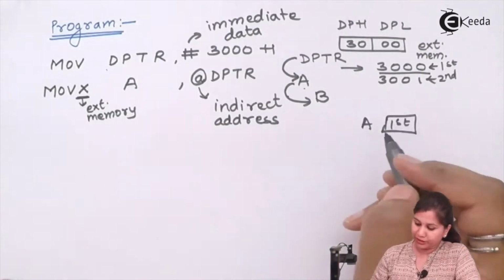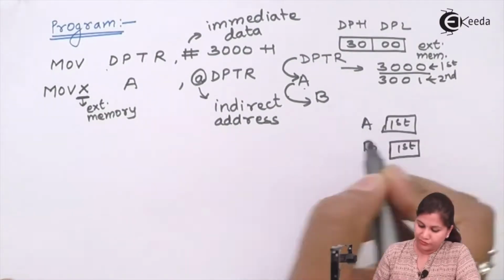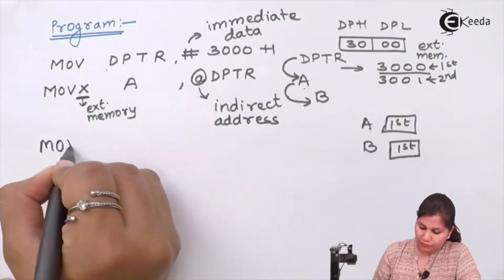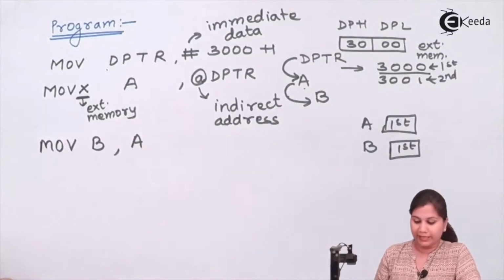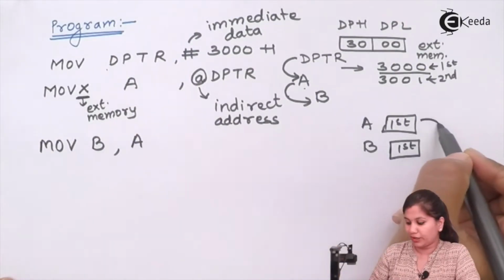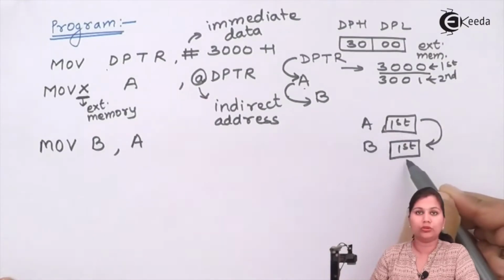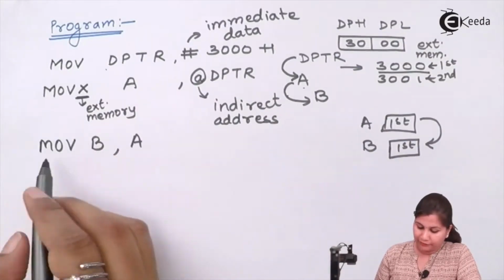Now we have to shift this number into the B register. So we will write the next instruction, move the contents of A into B. A will be our source, B will be our destination. So contents of A will be copied into register B. Now again, after that,